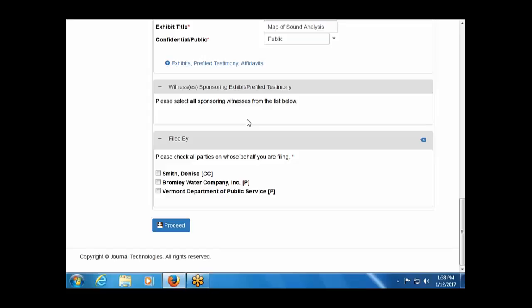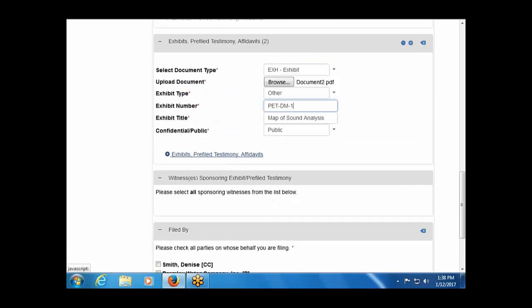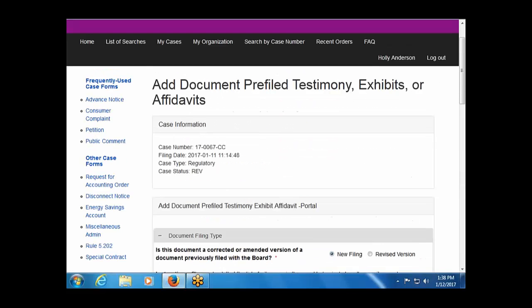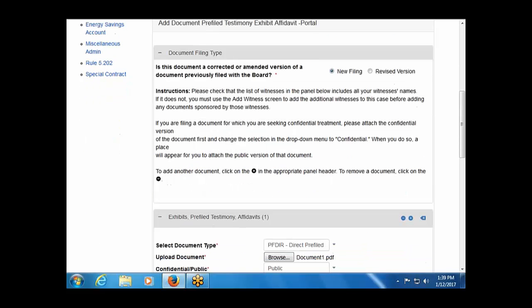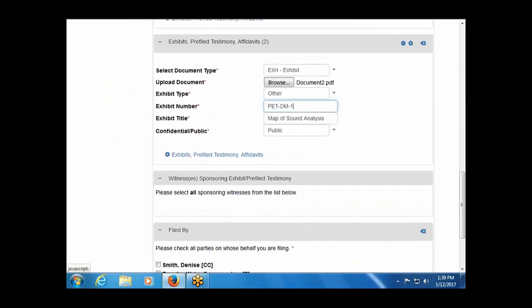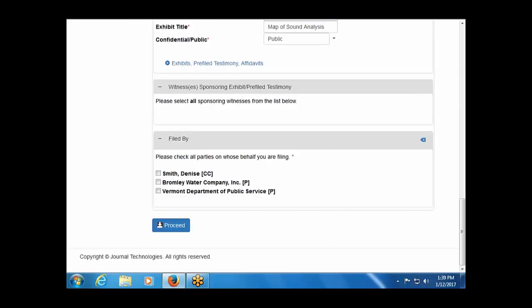Okay, you'll see that there's an option here for witnesses sponsoring exhibit and pre-file testimony. And there should be a list here that would include Daniel Maher, who we just added. There seems to be a kink in the system, so we'll